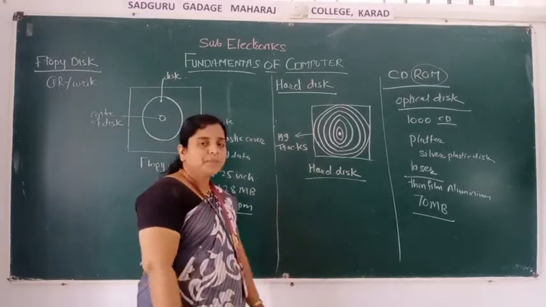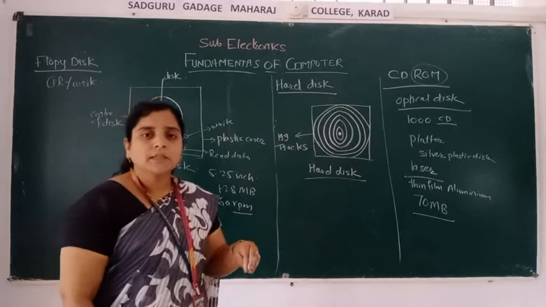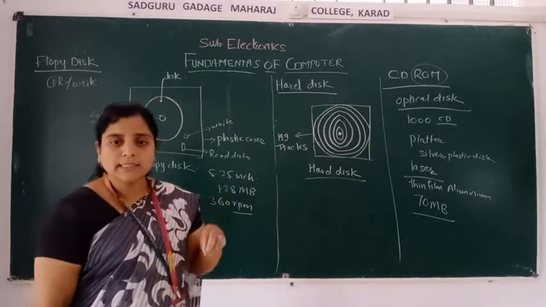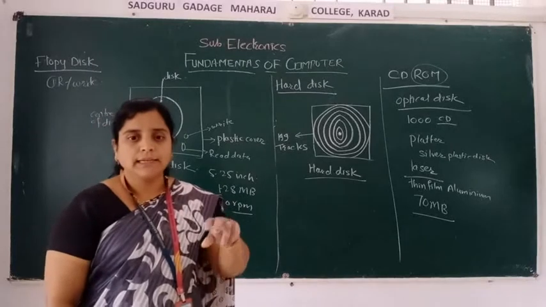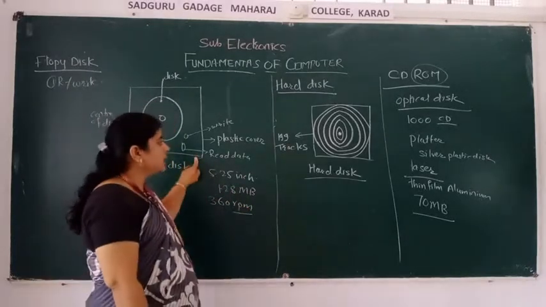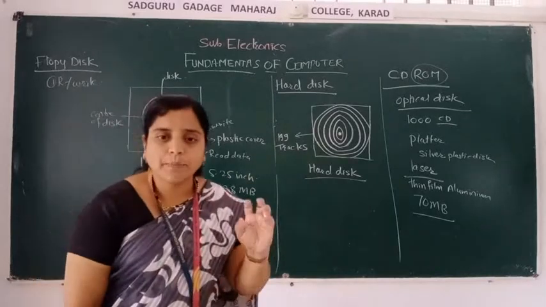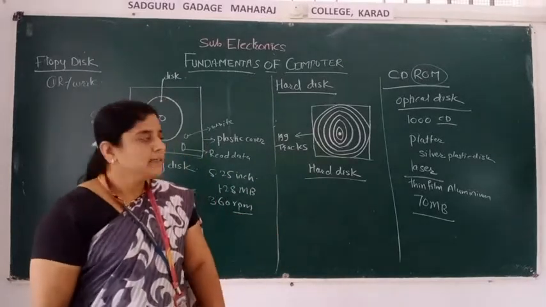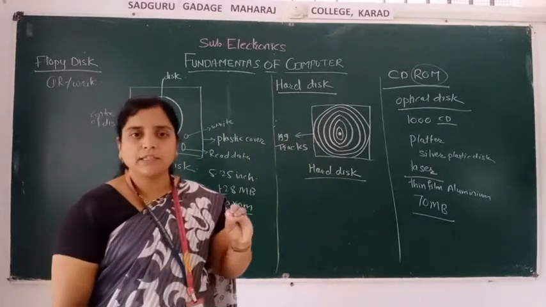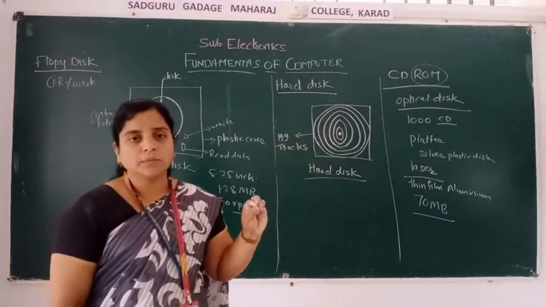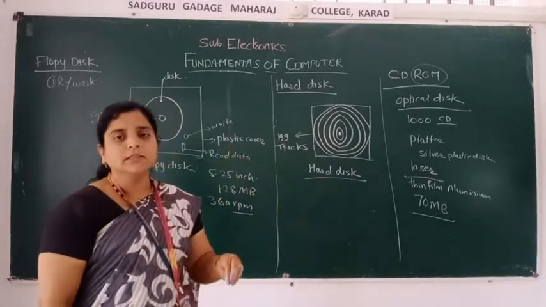Next is the hard disk. Hard disk means what? It is inside the computer. The disk consists of a metallic disk coated with metals. It is coated with a plastic thing, and it is coated with metals. It is permanently fixed in the disk drive. It is not a secondary memory that we can use externally. It is inside the computer only.